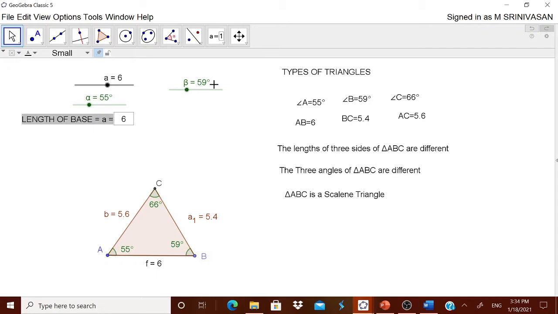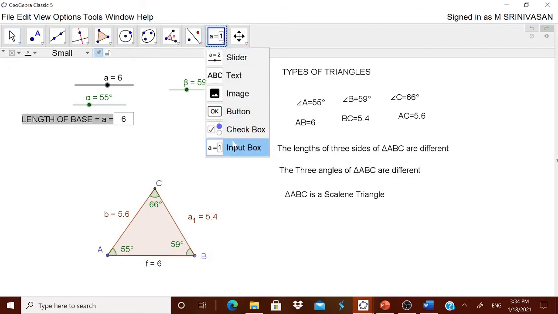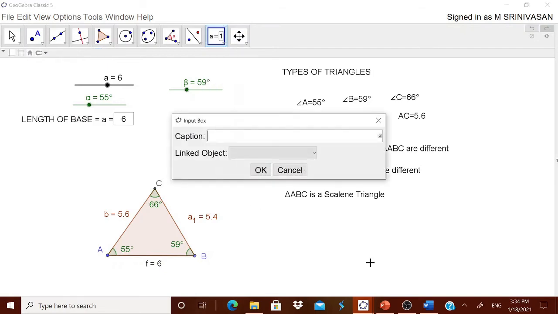Now I can take one more input box, once again. Let us see what the next caption we want. We want the base angle capital A is equal to.